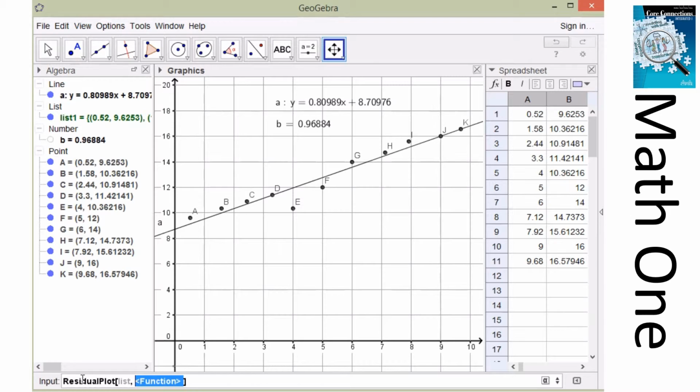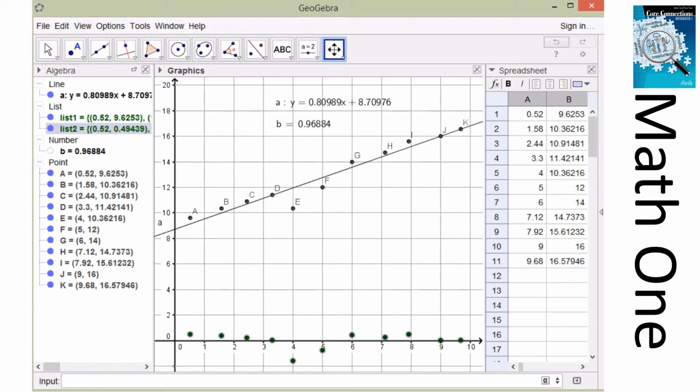And it also needs the function that's modeling the data. Oops, that was wrong. Shift tab. It's in list number 1. And our function is A. So when I do that,